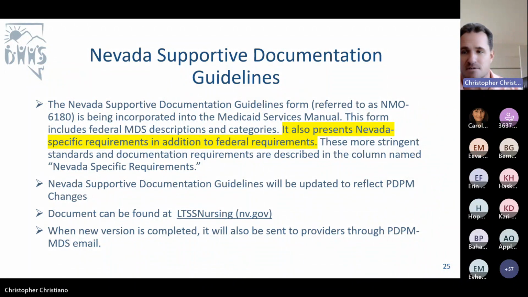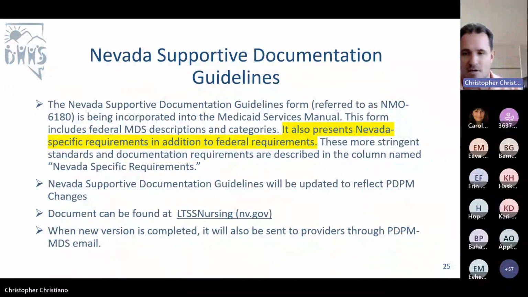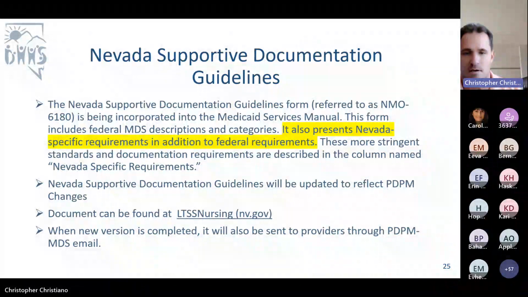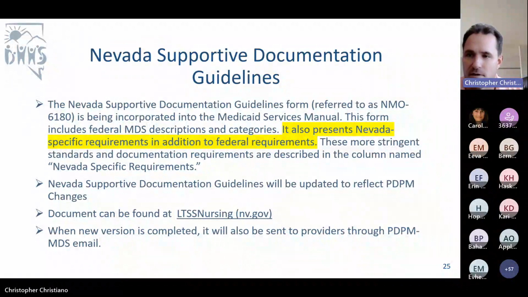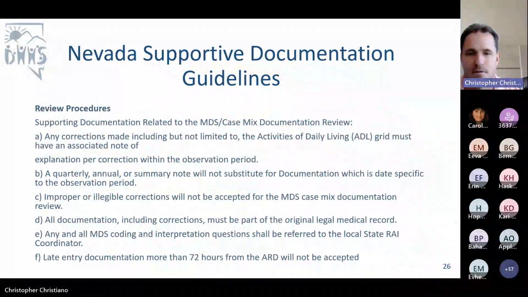Even the other items that are listed on there, as we mentioned earlier about the UTIs, please take a look at that. If you're not familiar with this document, that is something that we will use, okay? And it will result in errors if you do not refer to this as the final source. So the procedure would be to look at the RAI manual, see what that says, and then refer to your Nevada documentation guidelines. All right.